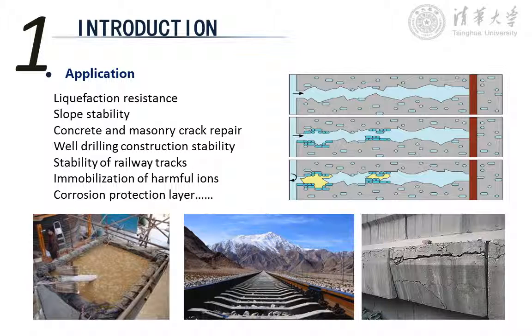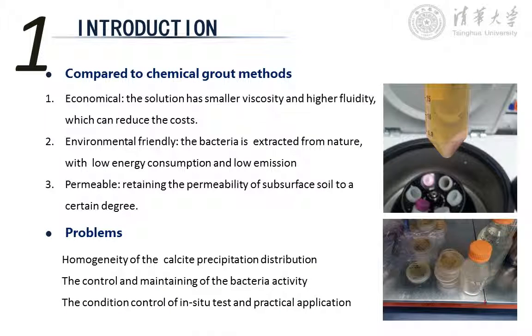And the application of biogrouting method involves the liquefaction resistance, the slope stability, the concrete and masonry crack repair, the well drilling construction stability, and the stability of railway tracks, and so on. Compared to chemical grout method, biogrouting materials possess the advantage of smaller viscosity and higher fluidity, which make it possible to repair micro cracks and enhance the effective distance of a single grouting point, therefore